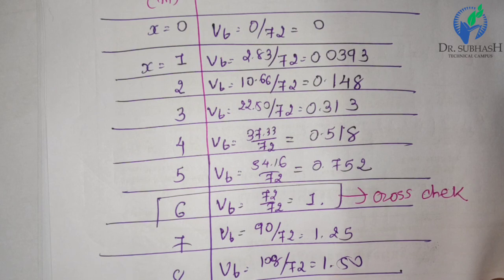In next lecture we will draw the diagram of VB and also find out the ordinates of VA and ordinates of MA. I hope you have understood this prop cantilever beam. The procedure is same like cantilever beam. So you have to practice it. In next lecture we have to draw the diagram of influence line of VB and find out the coordinates of VA and MA for the remaining of this prop cantilever beam.